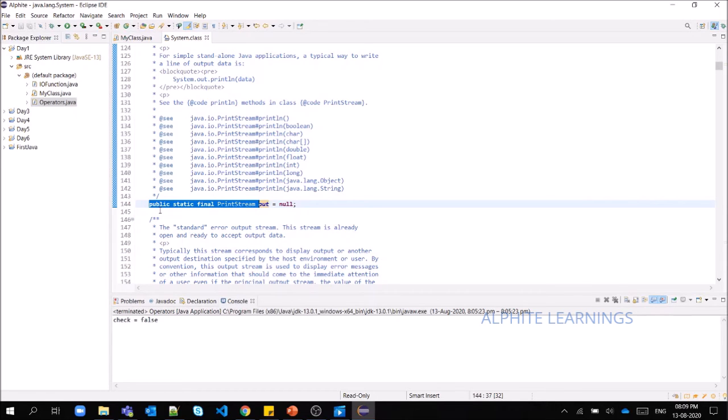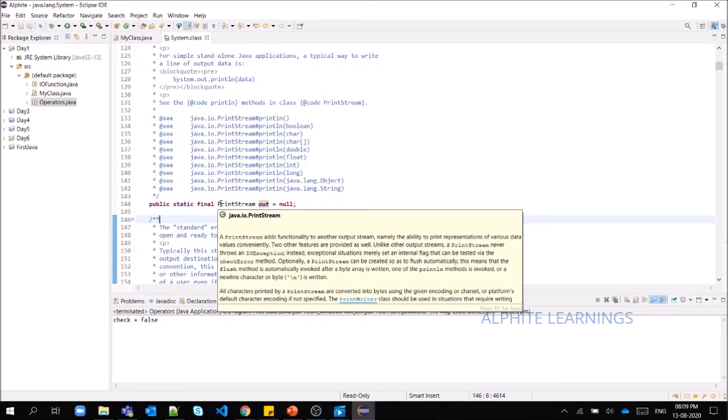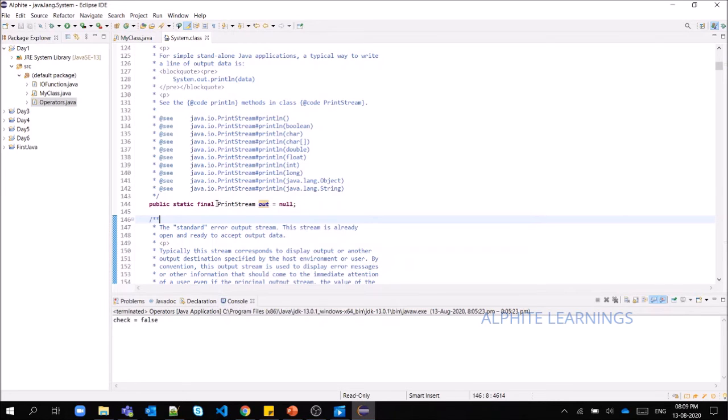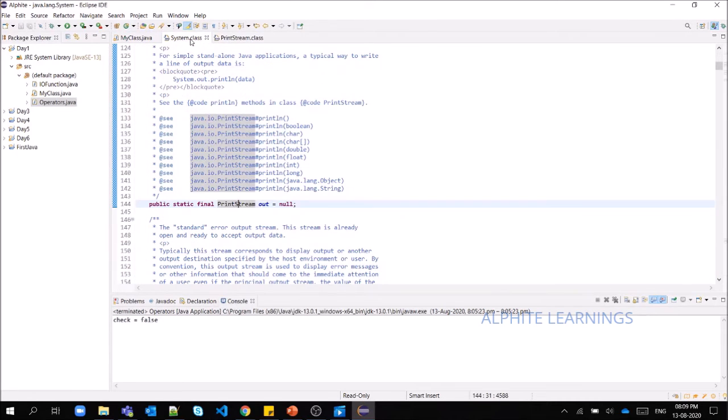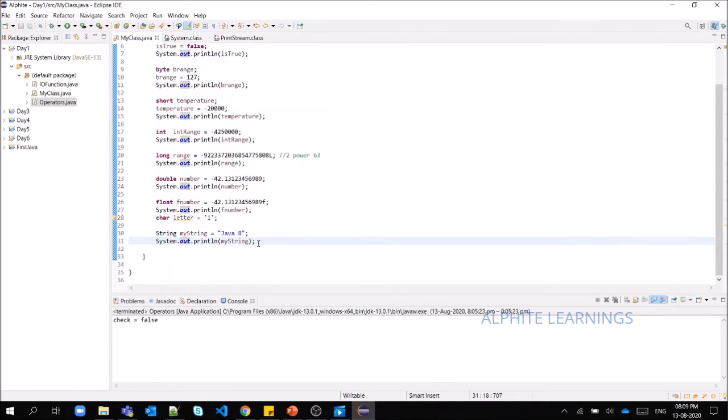Just assume these public static final are some properties for this variable, and you can consider this as a type. This is also a class, but for today's understanding, you can relate it to a type. So this is a simple example for output.